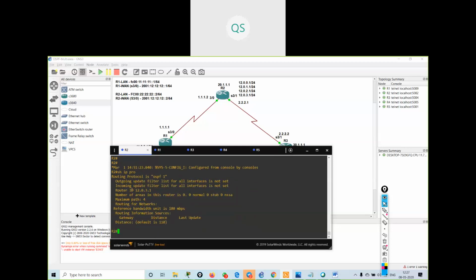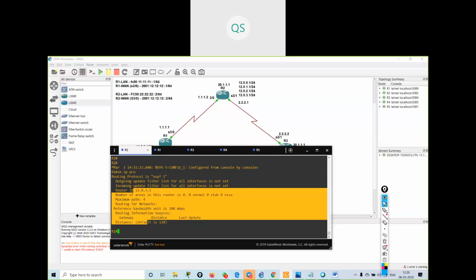My router ID is 12.0.3.1 because I have not given the clear ip ospf process command. I am running OSPF 1.